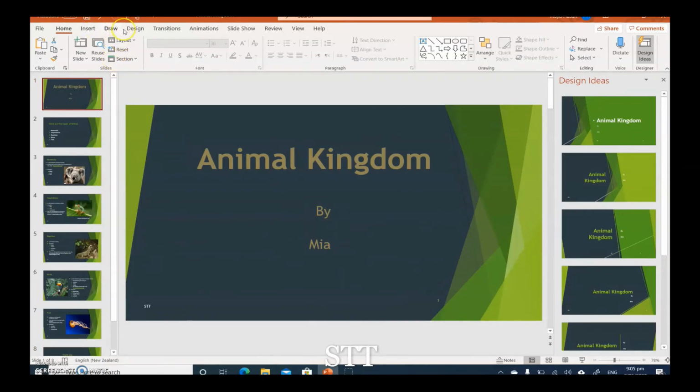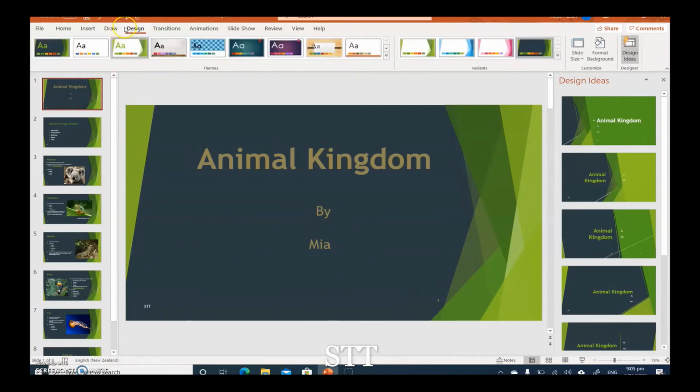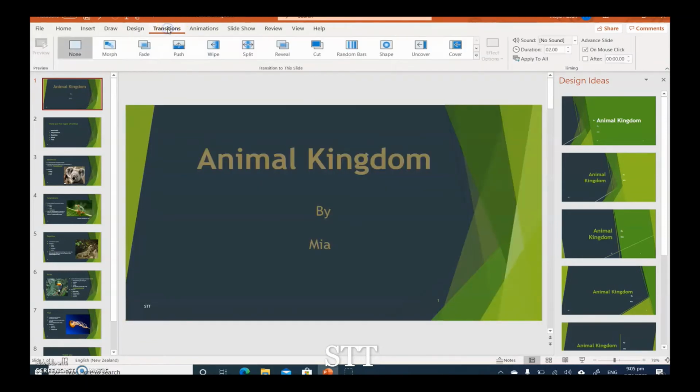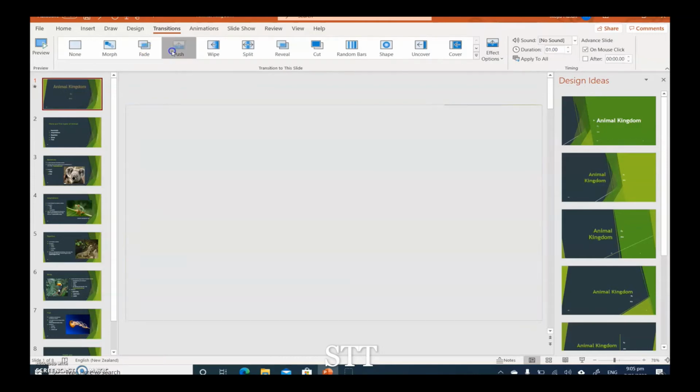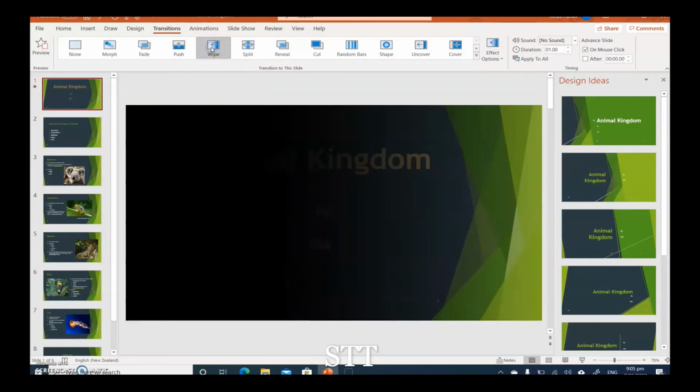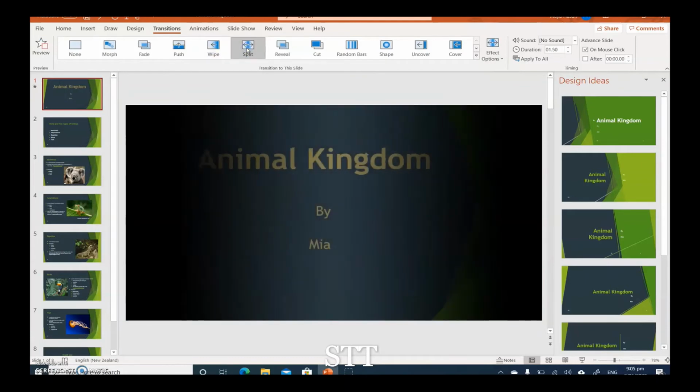So that's coming from this menu, the design menu. From this menu, you can have all the choices of design and color. You first select the design and then you go to the color. The next menu is the transitions. So when I move from one slide to another slide, what's going to happen? Do you want to have this effect, or for example fade or push effect, or wipe, or split,